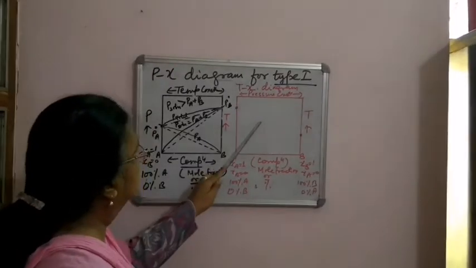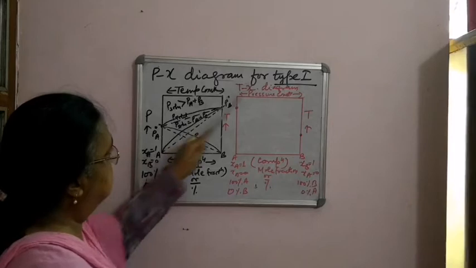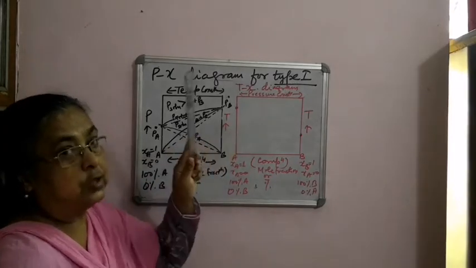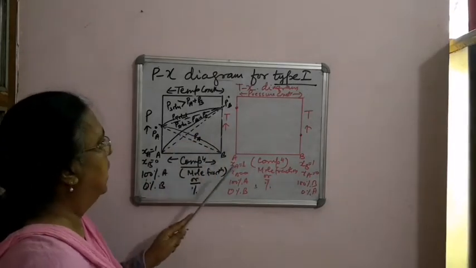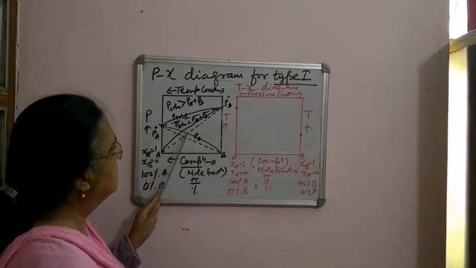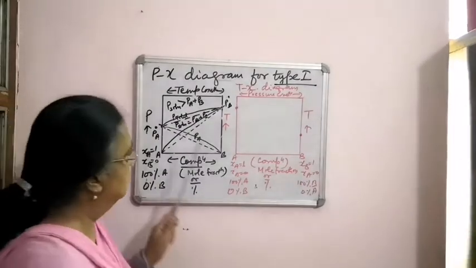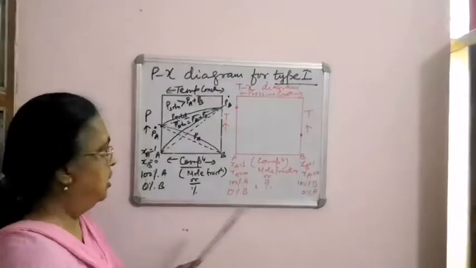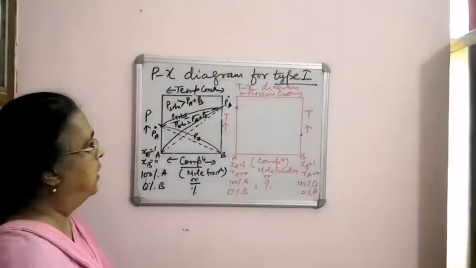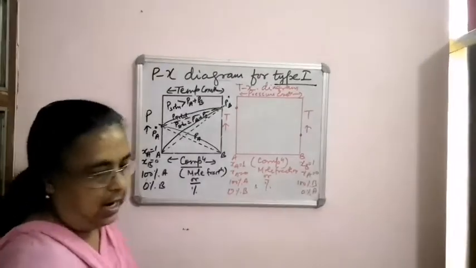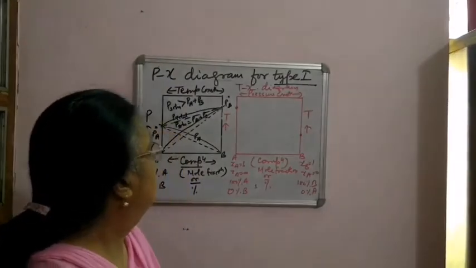But the TX diagram for this PX type 1 is not in your syllabus. Why? Because this almost behaves like an ideal solution. Almost, not exactly like an ideal solution, but quite close to the ideal solution. So